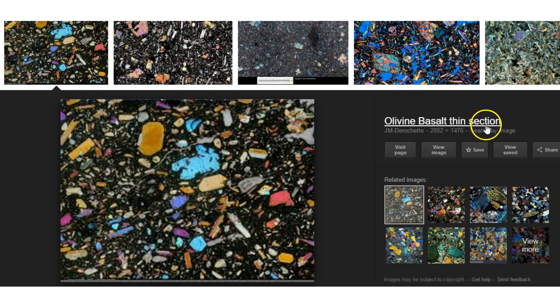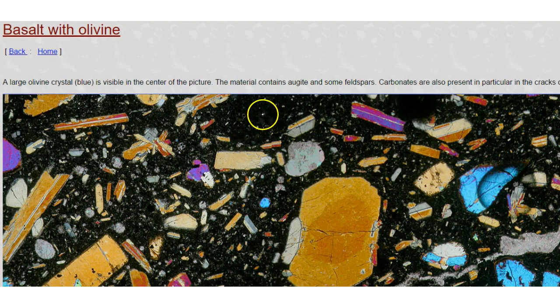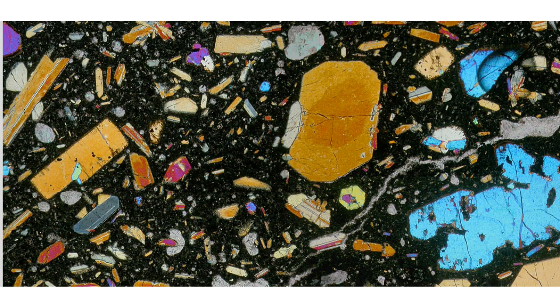Olivine basalt, thin section. And as soon as you do that, you can actually have a look and you can see, yes, it's got lots of little crystals and stuff in there, but they're not all growing in together. Okay, they actually haven't had enough time to grow together, because basalt is one of the ones that's an extrusive rock and it cools really quickly. And it's got all this black stuff here, which is actually like a very glassy lava, that is really, really black, and it's so dark that it hasn't even had time to really form crystals. It's got tiny, tiny little specks in there. So this is a perfect picture of basalt up